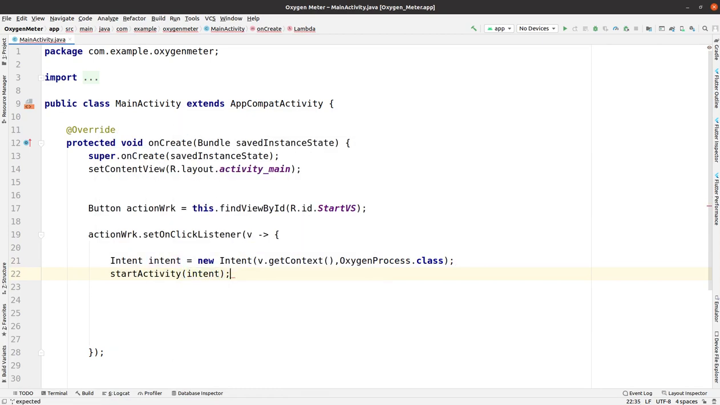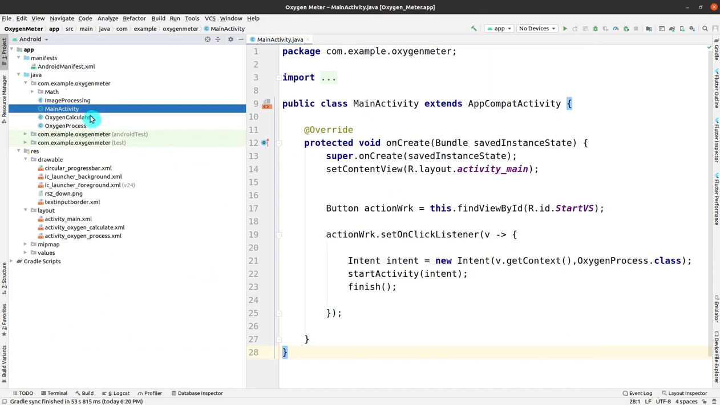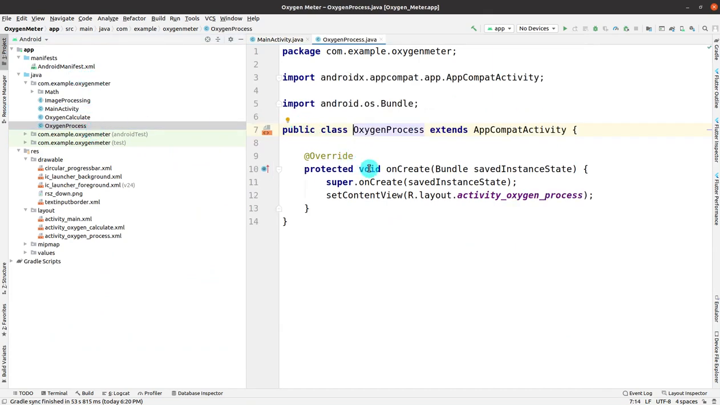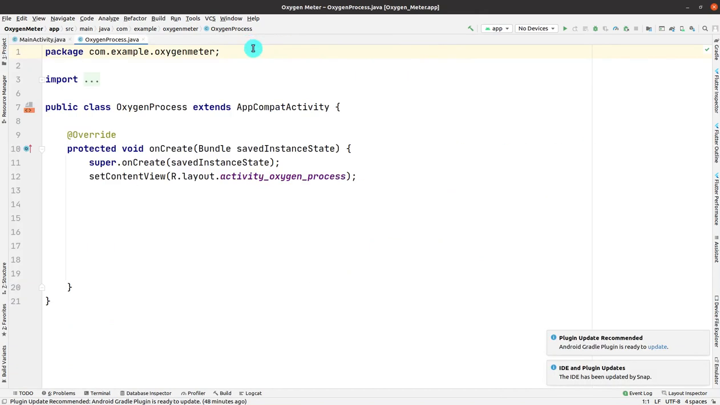Okay, so giving that here, and now we have to start that particular activity and we'll finish it. Okay, so this is done, the action work is given. Okay, so this activity is completed. Okay, now we have to move to the important activity, and that activity will be responsible for